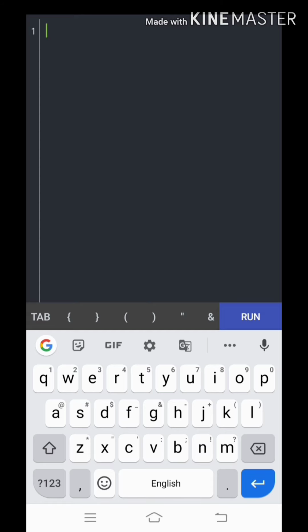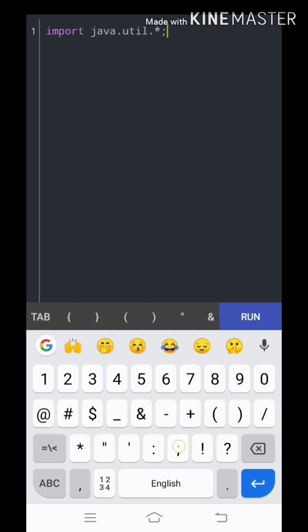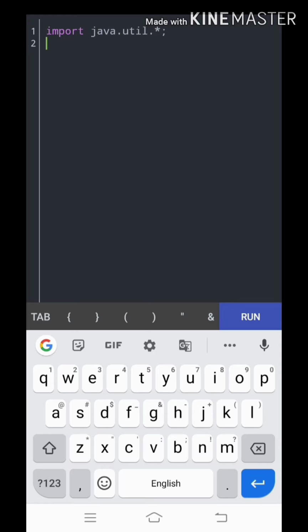Now I am going to write a program which will be useful for you. I am going to import a package, import java.util.star. I am going to take a class with the keyword class and class name as p. As we are dealing with method with parameters and return type, I am going to take a method.